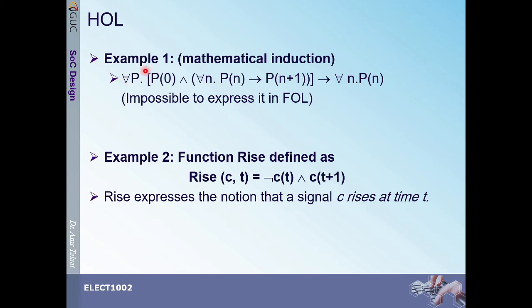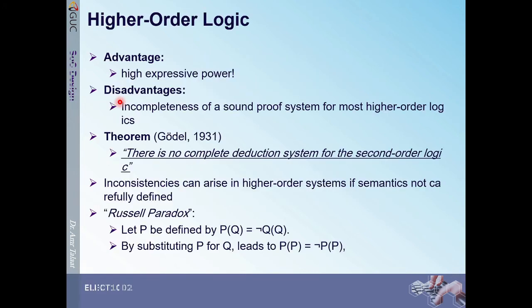Why? Because we have a quantifier over P. And this is the whole catch of higher order logic. Because as soon as you have a quantifier over P, you might get something like this. It's called the Russell paradox. P of Q is equal to not Q of Q. So if I substitute P by Q, then I will say P of P is not equal to P of P. Doesn't make any sense. But Gödel in 1931 proved that there is no complete deduction system for second order logic